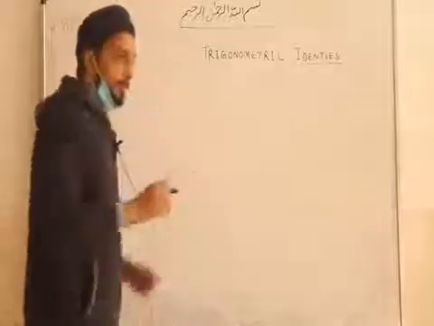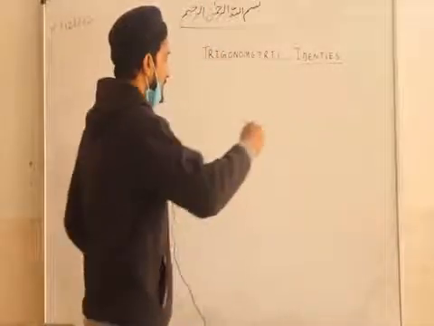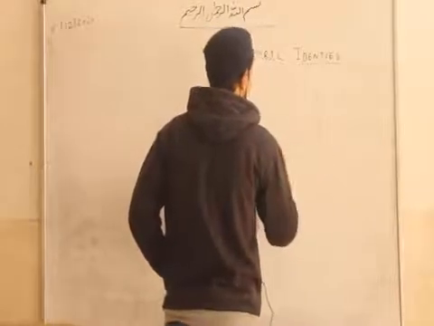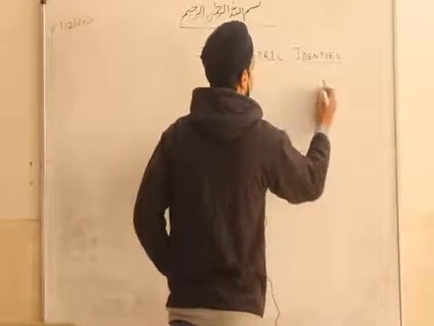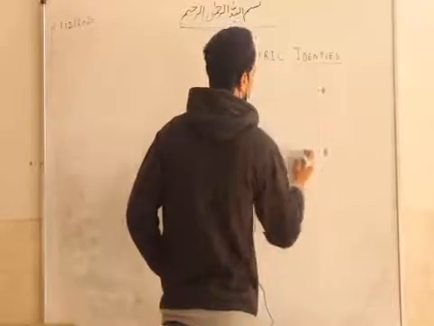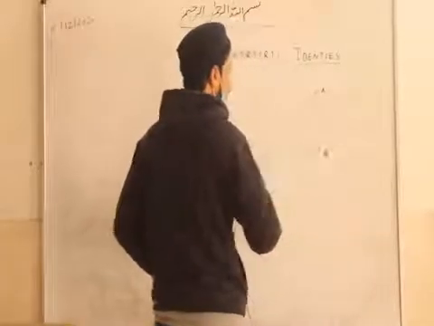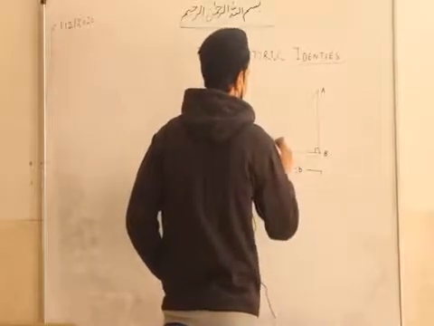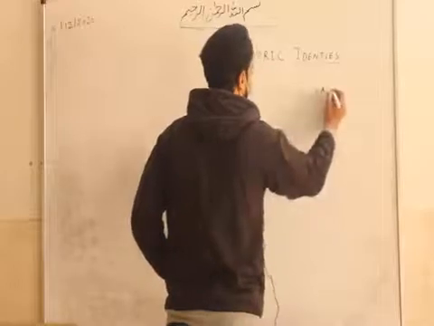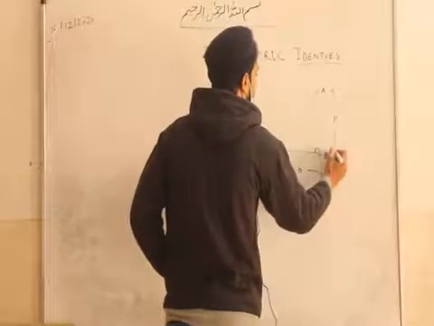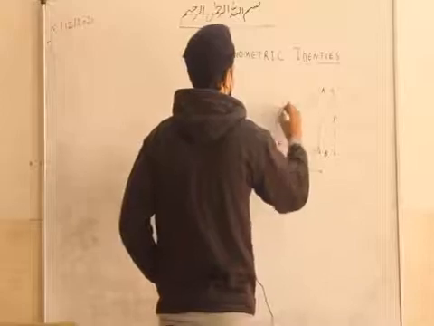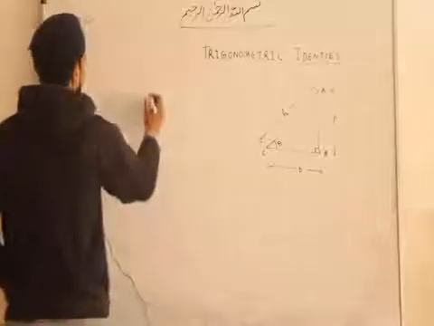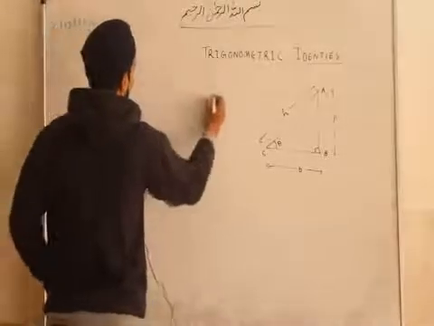So there are some basic identities. With the help of this triangle we will prove these identities as well, and we will utilize these to solve our trigonometric questions. This is the right triangle, this is your base, and suppose this angle is theta, so this will be the perpendicular, and this is your hypotenuse. I told you that table, so by that you know the relations.